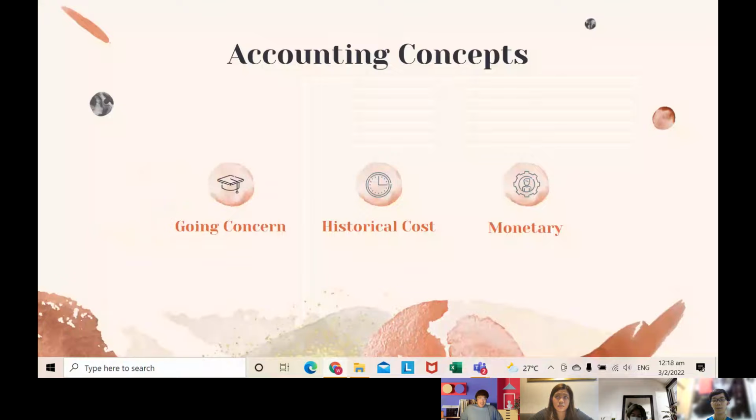So next, I'll be moving on to the historical cost concept. What this basically states is that the business must record transactions in terms of the actual amount at which they occurred. Thus, we applied this concept, and this is evident when we recorded the asset in our books. We recorded the amount which was stated on the source document using the original cost of the asset when